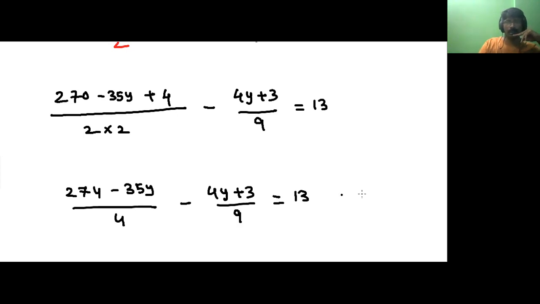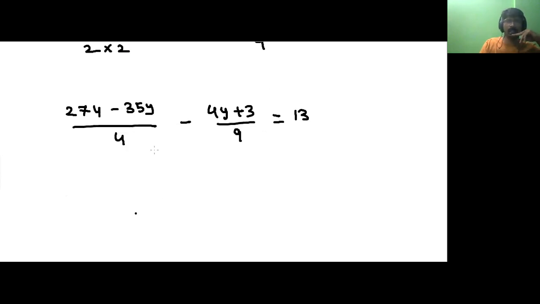Now, once you're done with this, you can just keep simply doing the LCM. What is the LCM? Nothing is possible, so you can take 36. 9 4s are 36 is the LCM. Now you can multiply these with this. 9 4s are 36, 3 carried, 9 7s are 63, and 3 is 66, 6 carried, 9 2s are 18 plus 6 is 24, minus 35 into 9 is 315y,